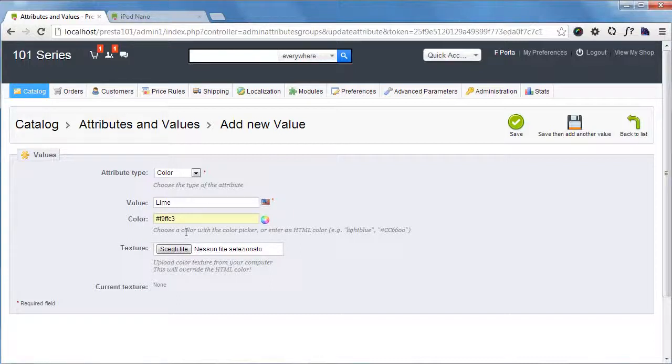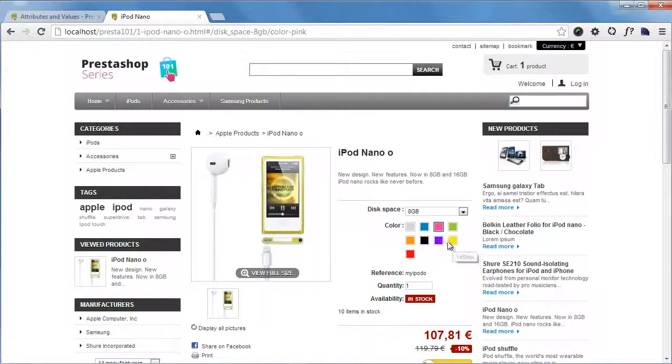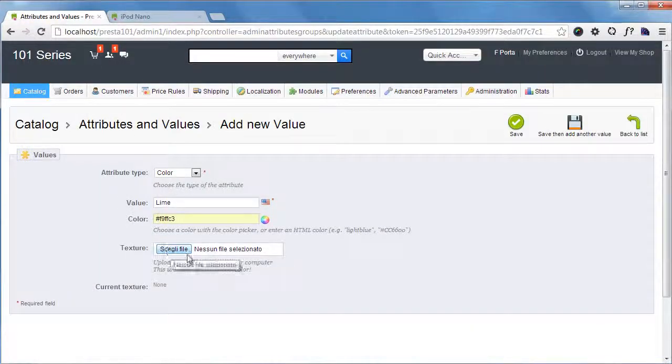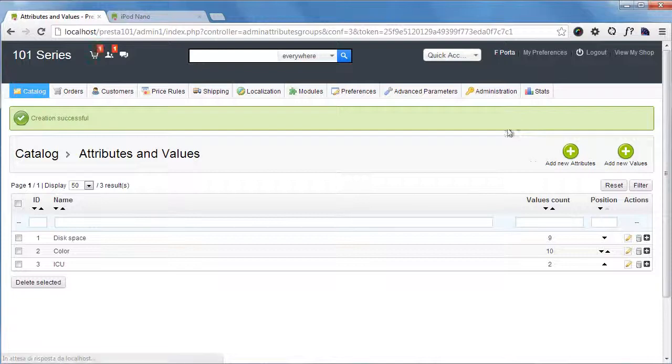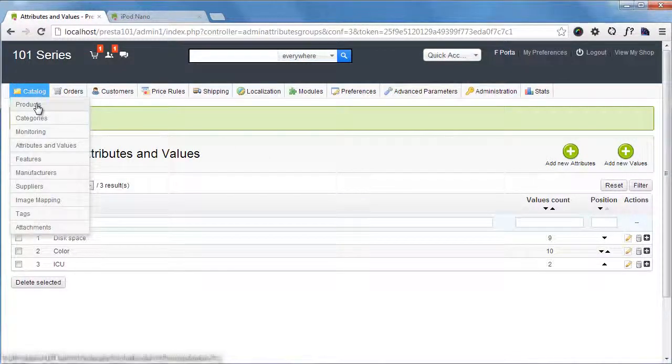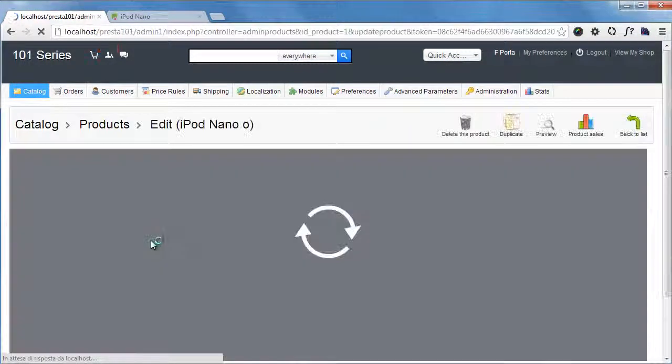And now, of course, you can also use color codes if you know a bit of HTML. You can also set up a texture to be displayed here instead of colors. I will not do this, but the texture is a nice addition if you're creating values like fabrics, something specific maybe. Okay, so save. Now I will go back to products, iPod Nano,